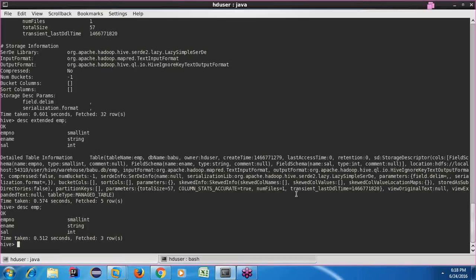Tomorrow let's see how we are going to create Hive external tables and how we are going to load the data into them. Just like this, we can get our hands a little dirty. Once our hands get dirty with all this basic stuff, then we can happily work with actual Hive queries, which will help us in real-world situations. So that's all for today's class, guys. Okay, bye. See you tomorrow.